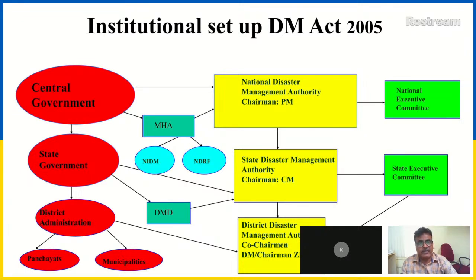In the Disaster Management Act, the district administration, DDMA, is given under chapter 4, and the others under chapters 2 and 3, like that. Chapter 1 deals with terminologies. Chapter 6 deals with local authorities like panchayats and municipalities. Their functions have been given in detail there. Please go through the Disaster Management Act 2005. All the functions, roles and responsibilities have been very well mentioned. Just Google it and it will open and you can read it.